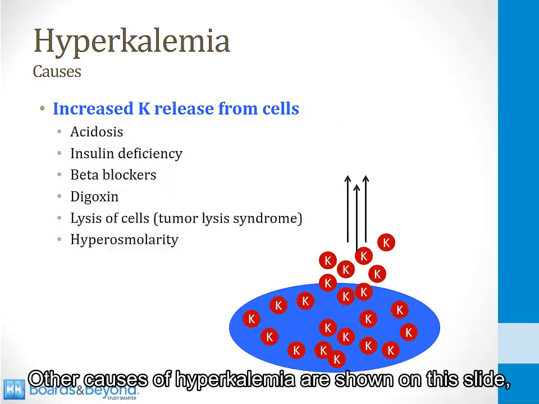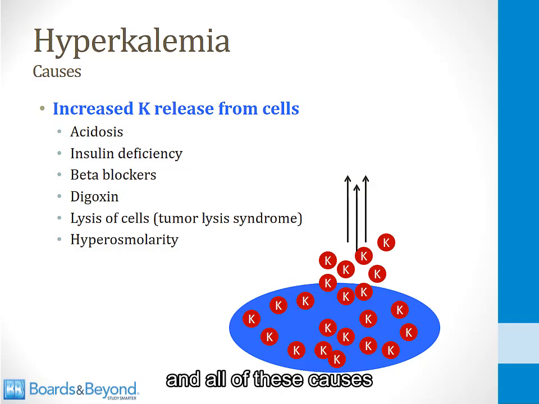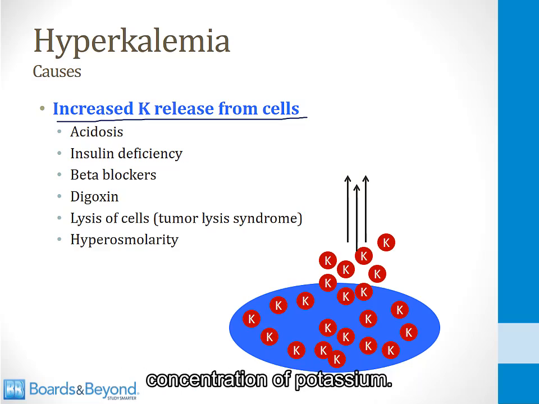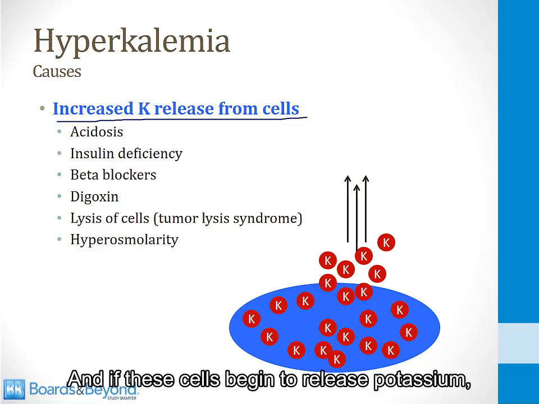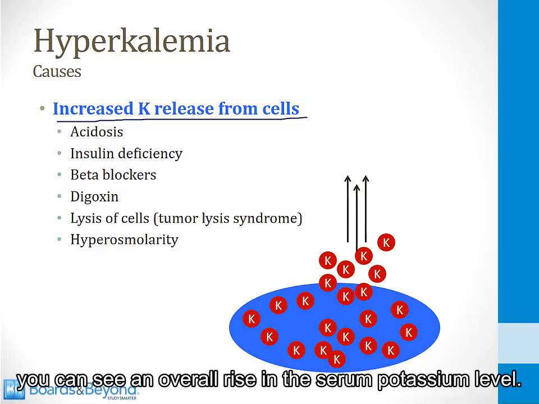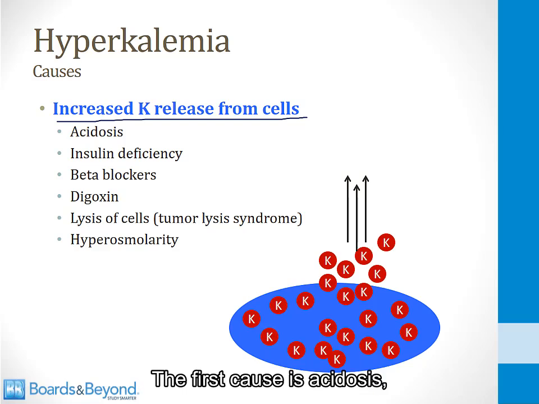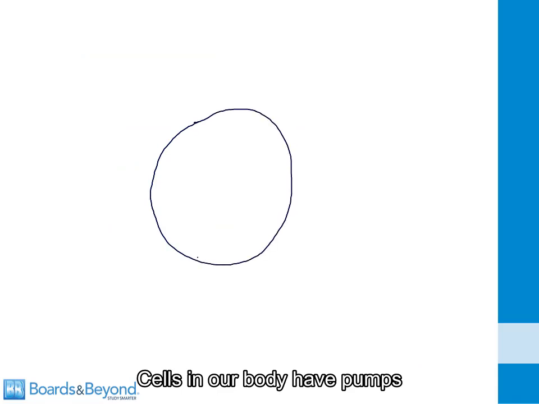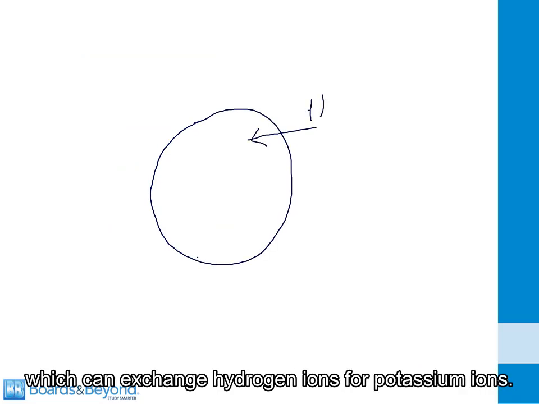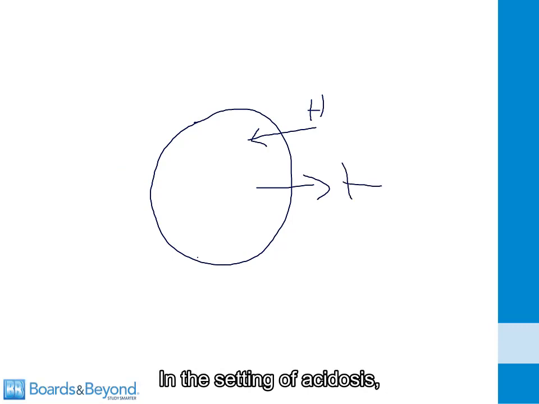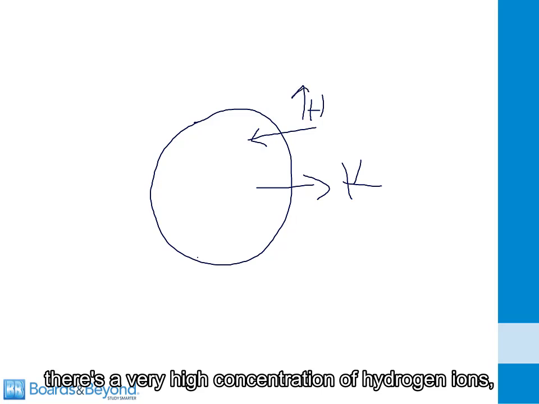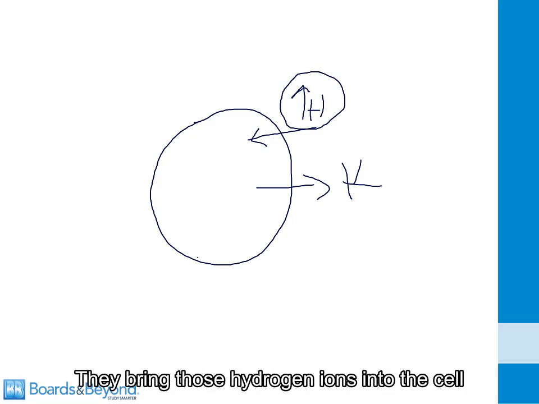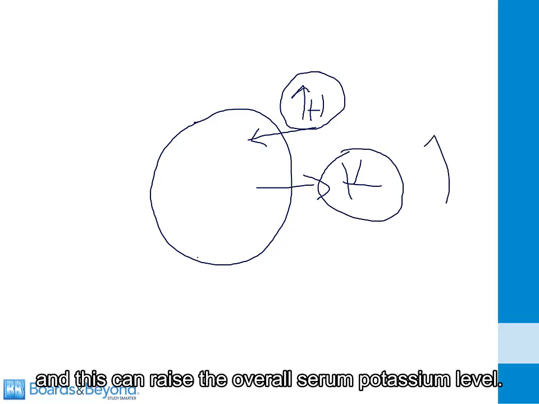Other causes of hyperkalemia are shown on this slide, and all of these causes relate to increased potassium release from cells. Cells in our body have a very high concentration of potassium, and if these cells begin to release potassium, you can see an overall rise in the serum potassium level. The first cause is acidosis, and this has to do with potassium and acid exchange. Cells in our body have pumps which can exchange hydrogen ions for potassium ions. In the setting of acidosis, there's a very high concentration of hydrogen ions, so these pumps become more active. They bring those hydrogen ions into the cell and they pump out potassium ions,